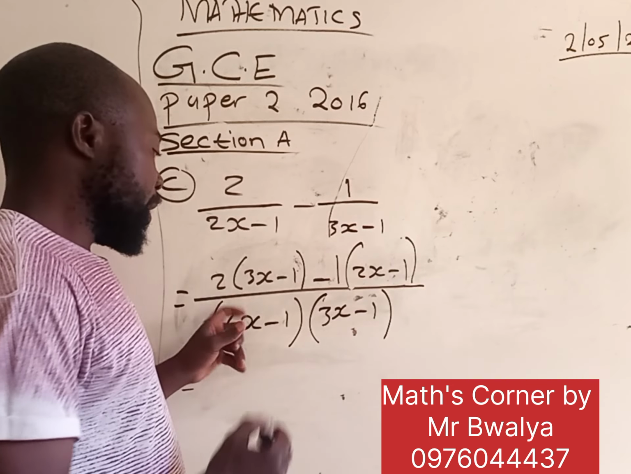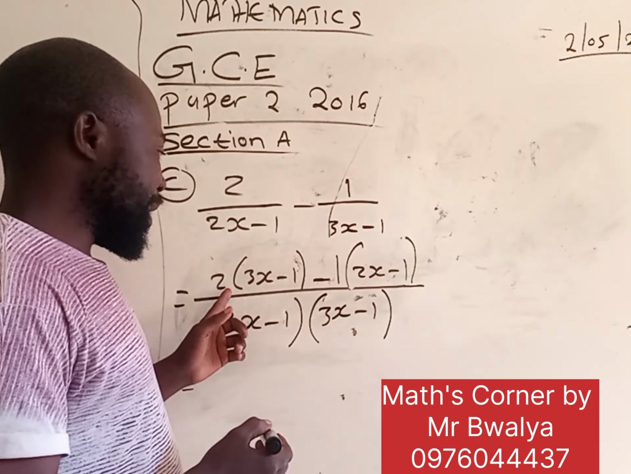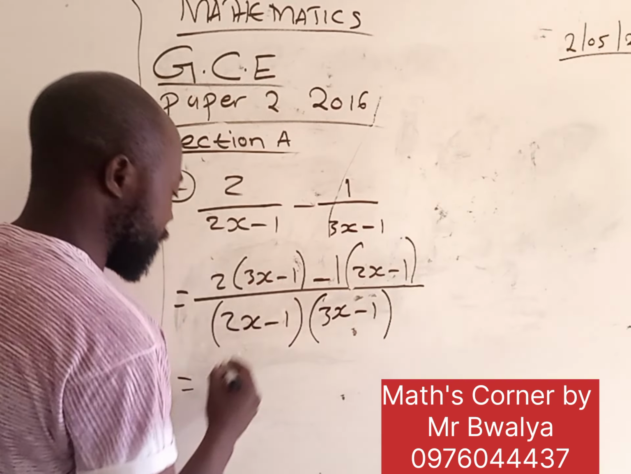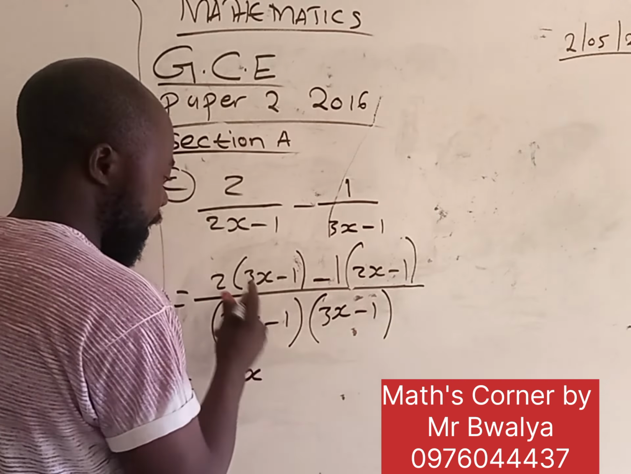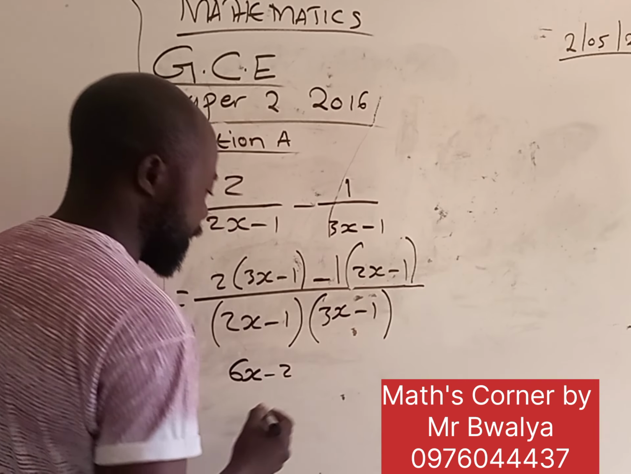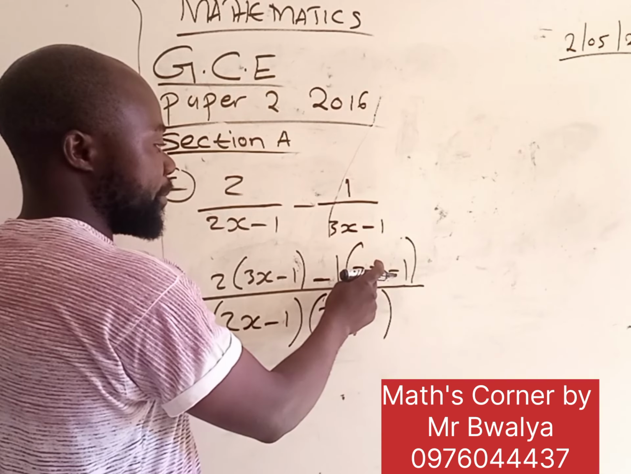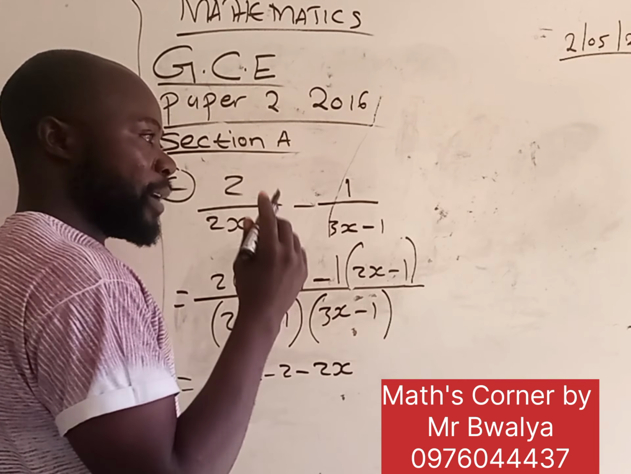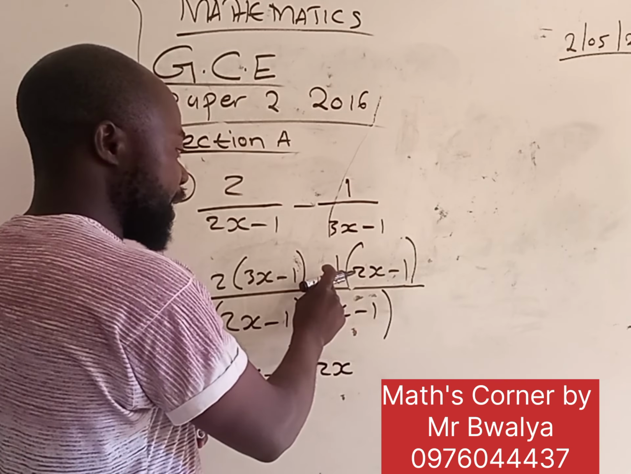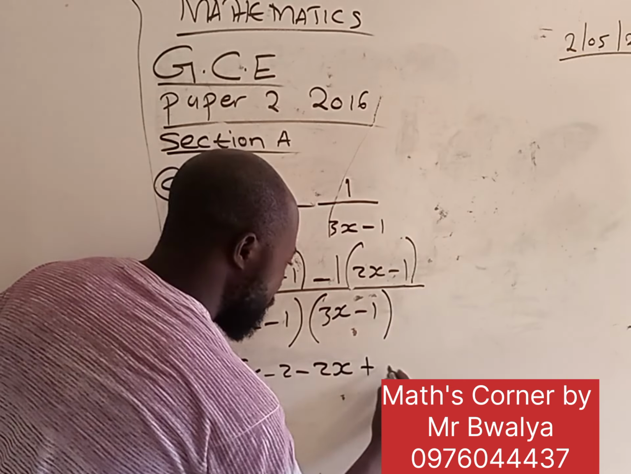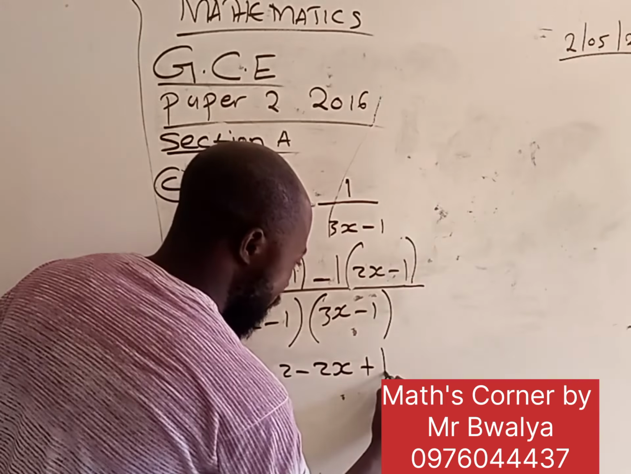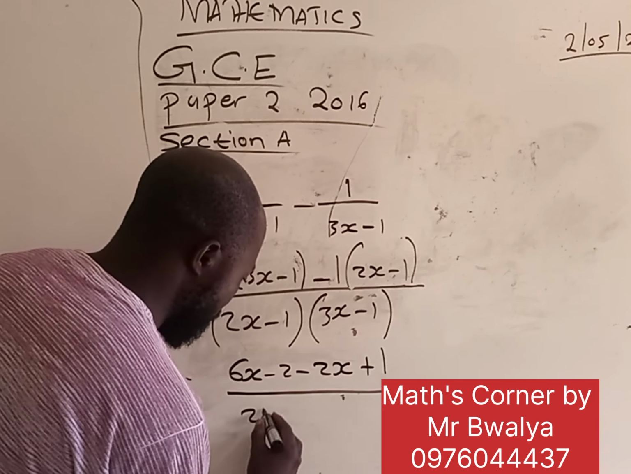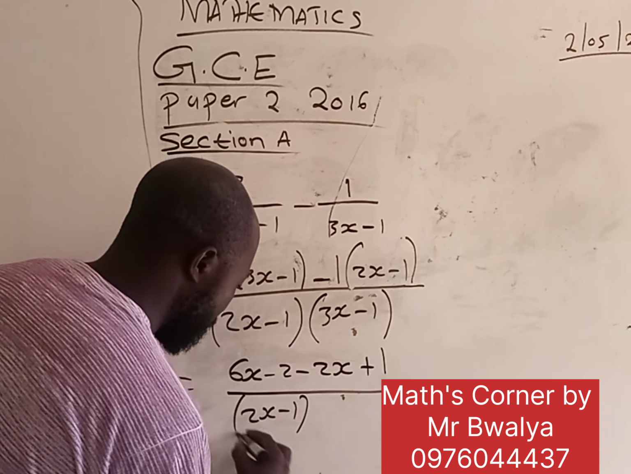Then the 2 here, it's a scalar, so we're going to multiply it by 2 times everything in the bracket. So we'll say 2 times 3x to give us 6x. Then 2 times negative 1 to be negative 2. Then negative 1 times positive 2x to give us negative 2x. Remember, negative times positive is a negative. The negative times negative, it will be positive. Then 1 times 1, which is 1, over the given elements there, which is 2x minus 1,